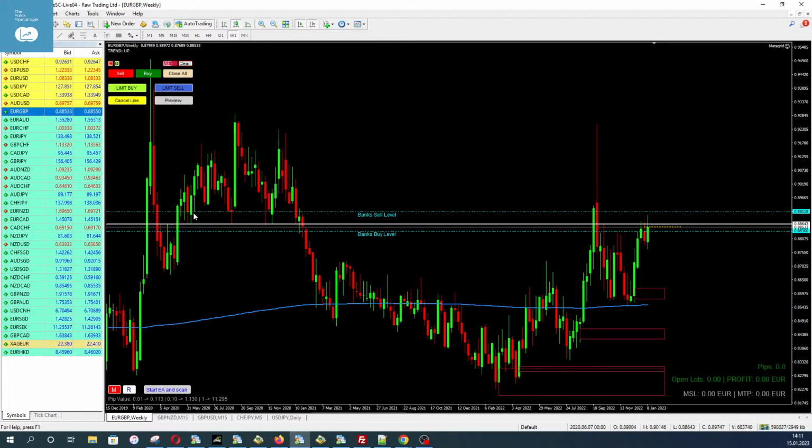It was several times support, as you can see here. Then it finally got broken based on news. Then we had this spike, a really impressive spike candle on a weekly base. Then we got here a rejection, and now it sits again here. And the euro is really strong so far. And I would not be surprised if we see in the next week that the euro can jump over